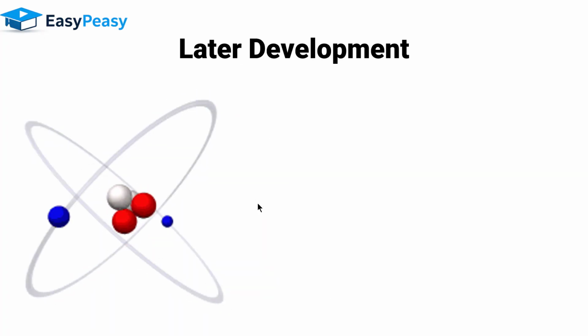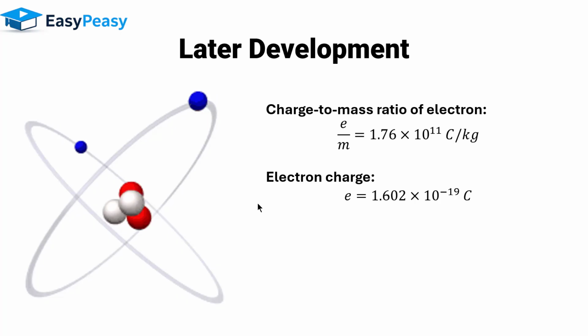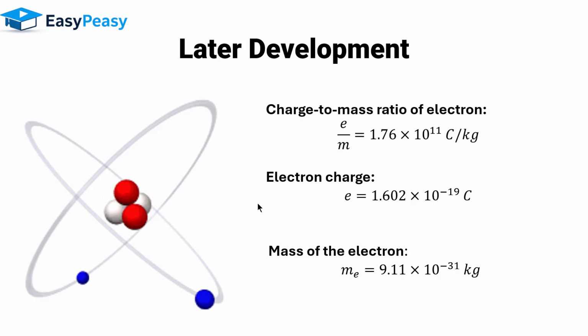It was discovered that the electron is a subatomic particle. J.J. Thomson discovered the e/m ratio of this electron, and Millikan discovered the charge on one electron. In this way, they could later find the mass of the electron. So the mass of the electron is 9.11 × 10^-31 kg.